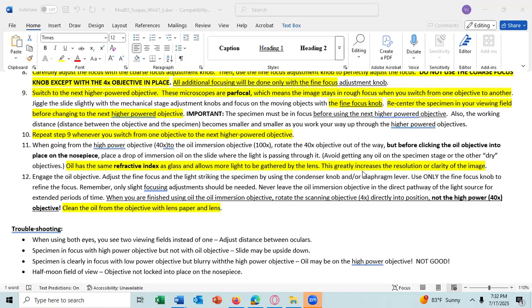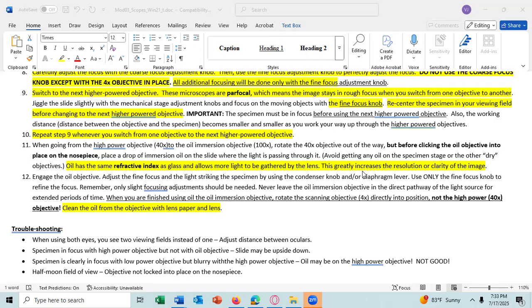Whenever you use oil, remember you have to remove it with lens paper from the 100x lens. You should also check the 40x lens to see if it picked up oil. Because if you move your lenses over the drop of oil, I mentioned the 100x lens, let's go like that. The 100x lens goes through that drop of oil. Well, guess what? The 40x lens is close enough to the slide that it will also go through the drop of oil.